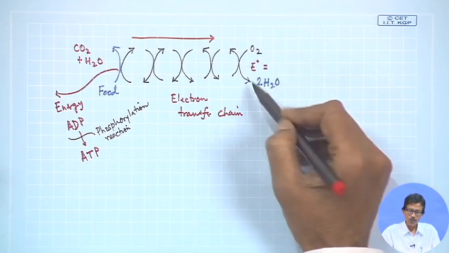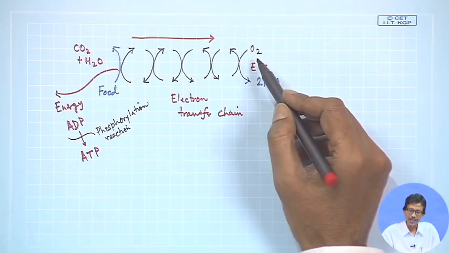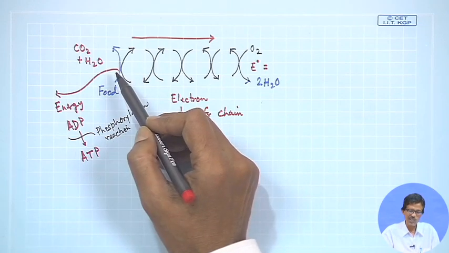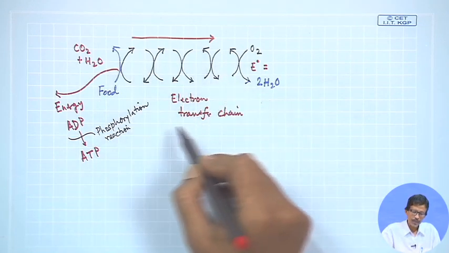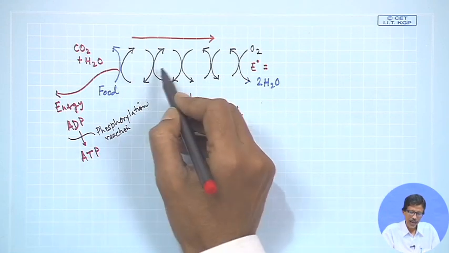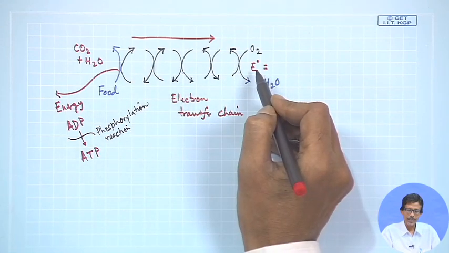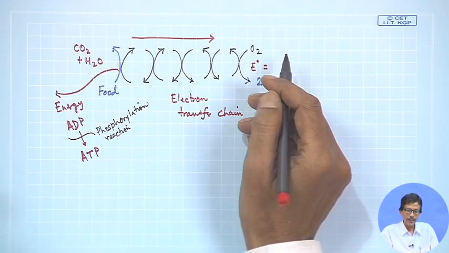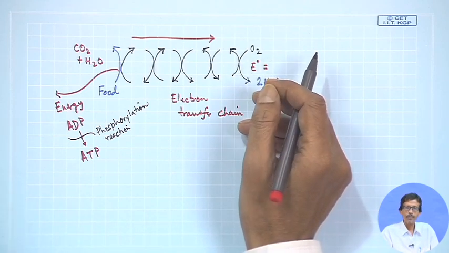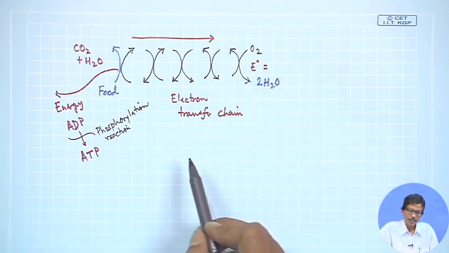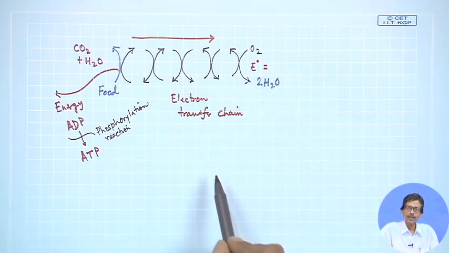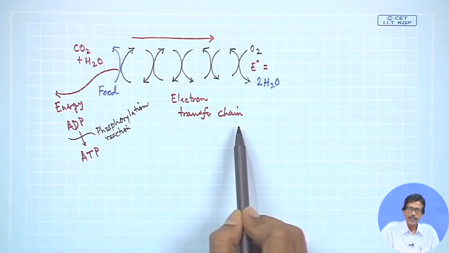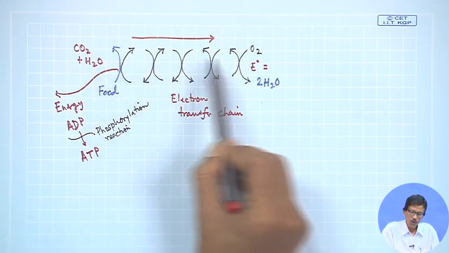So, O2 is a very strong oxidizing agent compared to the material, like food, that we are trying to oxidize. During this electron transfer chain, we can have certain mediators that we have discussed, when we considered how we develop a particular electrode for the sensing mechanism of O2 or the sensing mechanism for glucose. So, the electron transfer chain is there and it slowly goes like this.